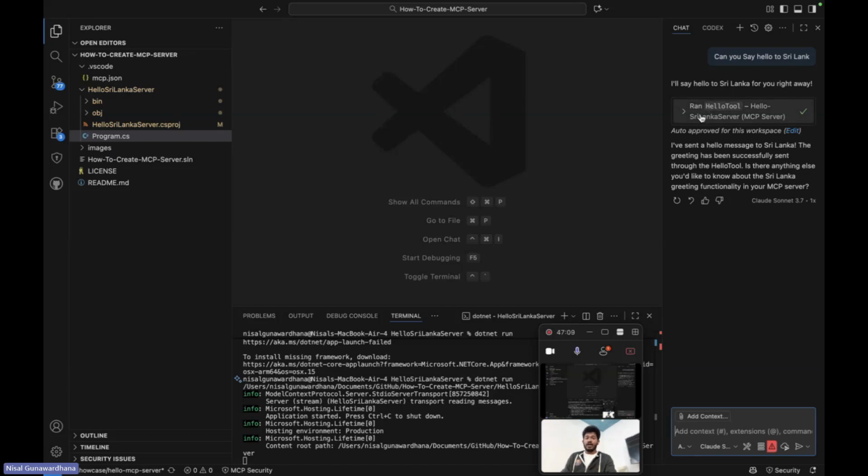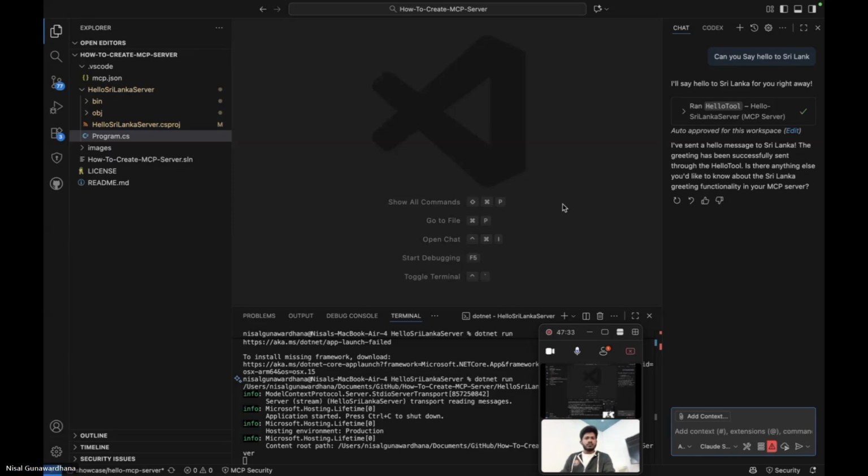So here you can see this one is auto triggering, right? The particular tool is triggered. It ran, right? So like this, we can create a lot of MCP servers for our own services, and yeah, you can try this out.